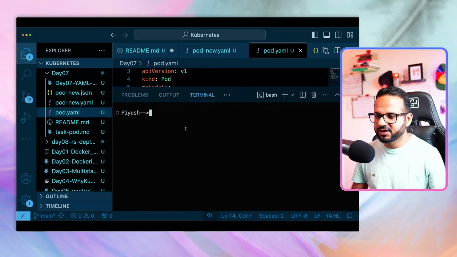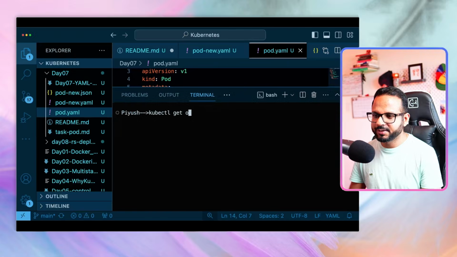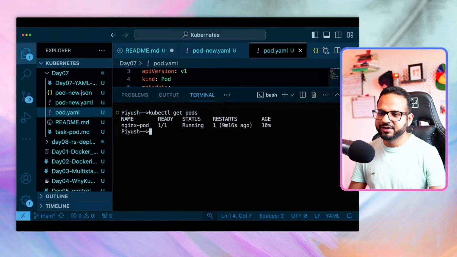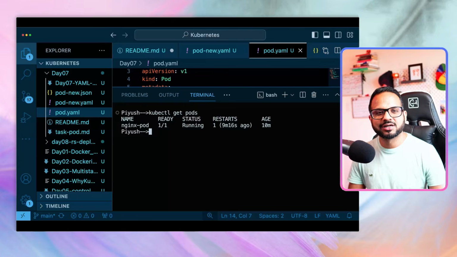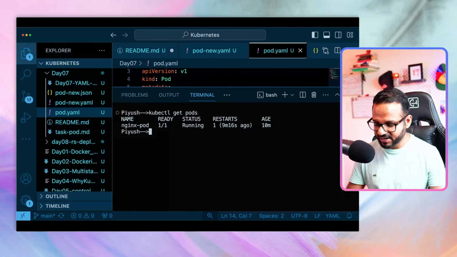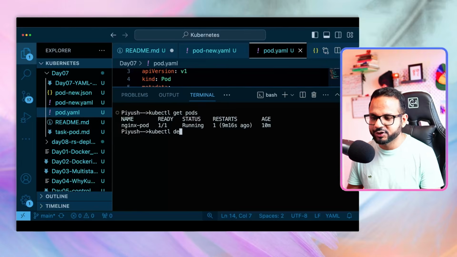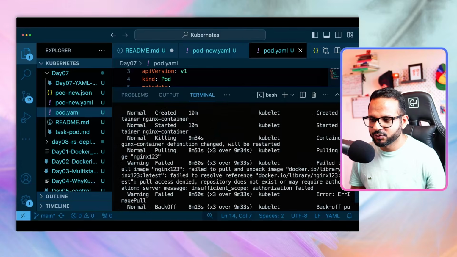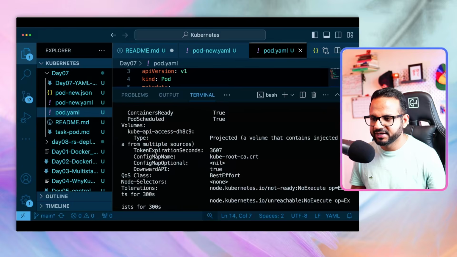Let's say now you run kubectl get pods and you want to know all the information about this pod, like where it is running, on which node it is running, and a few other details. So for that, you can run the command kubectl describe pod nginx pod. And if you scroll up, it will show you all the details like